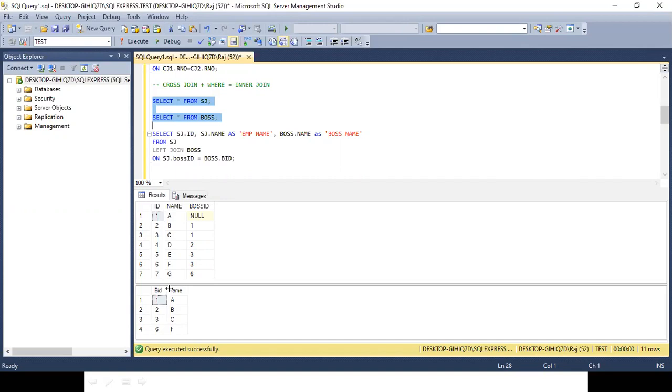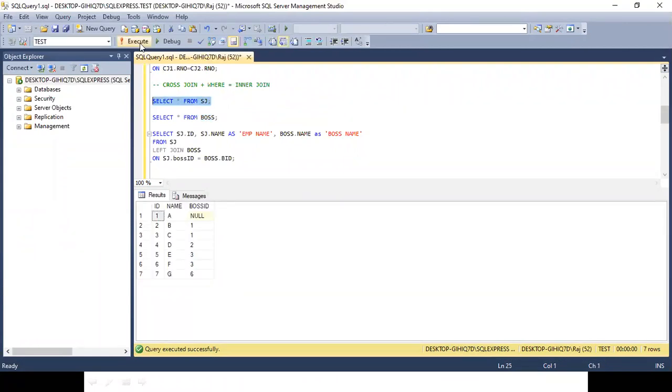Sir, can you come again? I am saying you agree to my point that boss is also an employee? Yes, sir. Then if boss is also an employee, that means I am storing the details of the employee at two places, one in the employee table and one in the boss table. Yes or no? Yes, sir. So it is going against normalization. So ideally, I should not have any table known as boss.